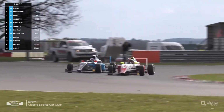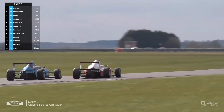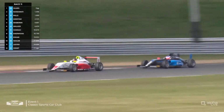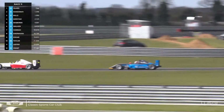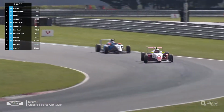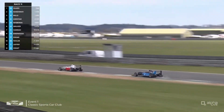Now, this is a change of position, is it? Yes. Elias Odestom dives up the inside of Agostini of Tom Mills. Tom Mills is trying to fight back on the run up towards Hamilton, gets squeezed a little bit, but has to back off the gas in the end. So Tom Mills, who we saw finish on the podium earlier on, he was on the podium in the National Formula Ford Championship opener at Silverstone a couple of weekends ago. He finished 4th in that series last year,